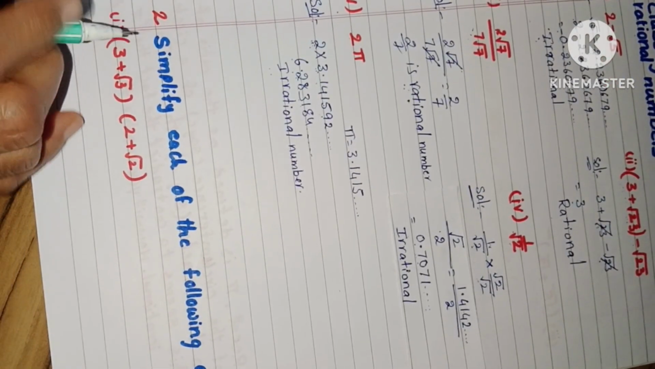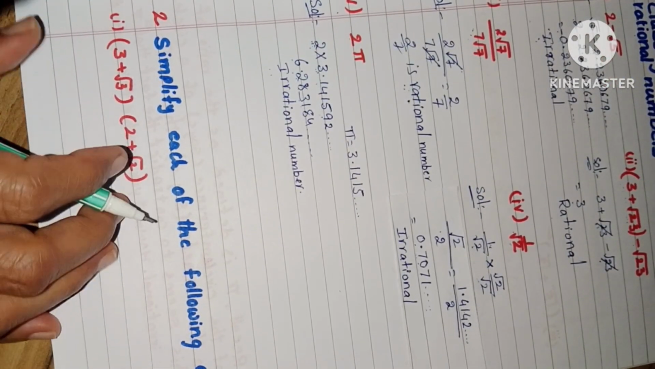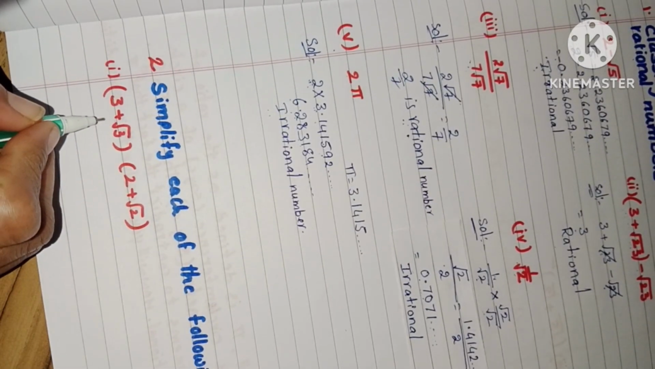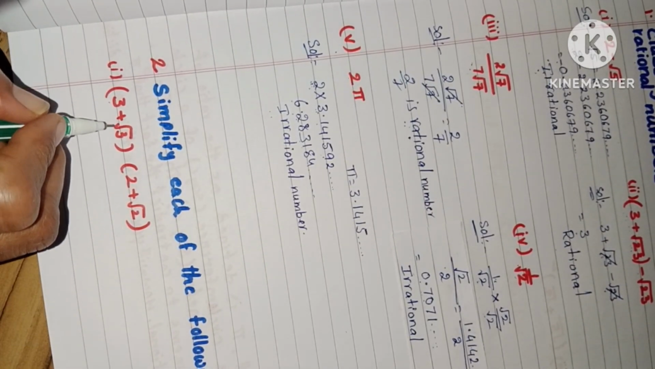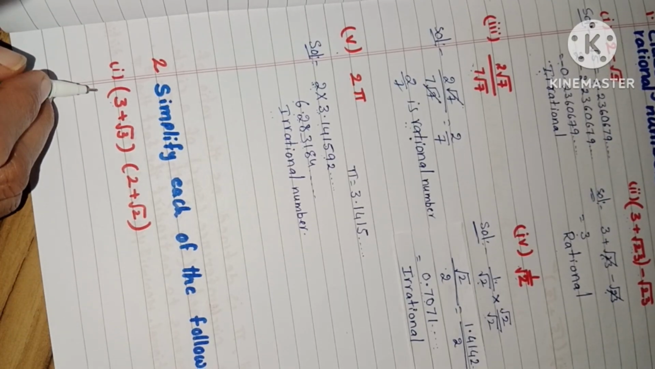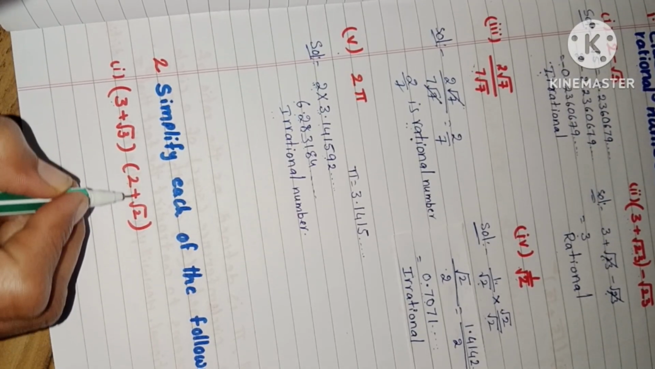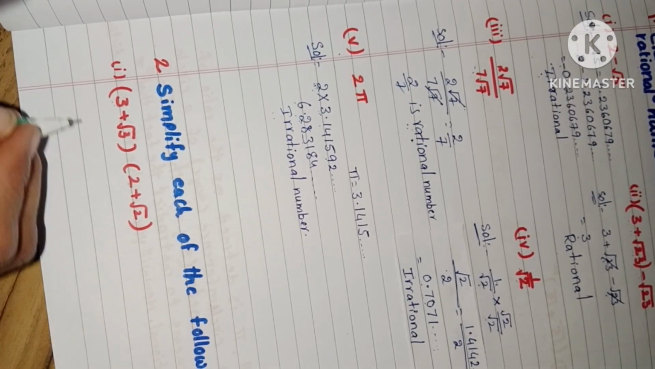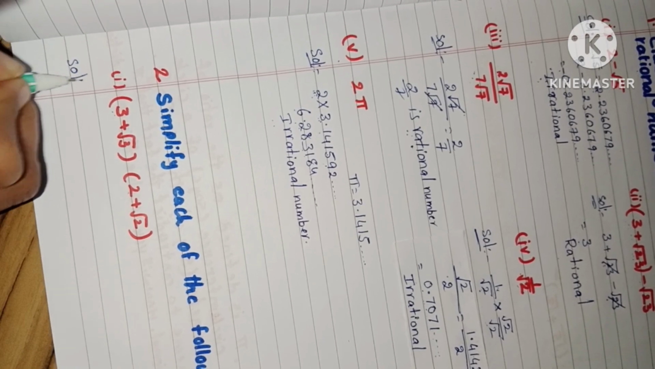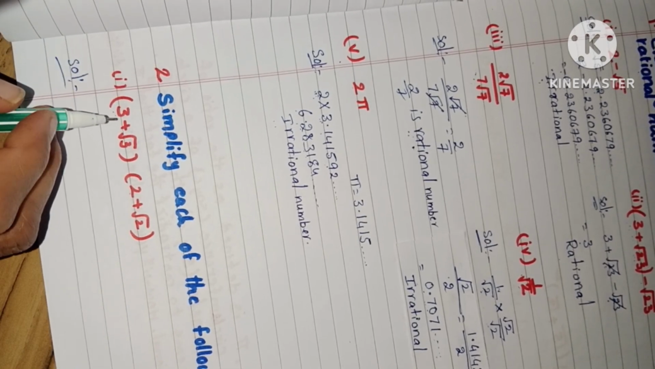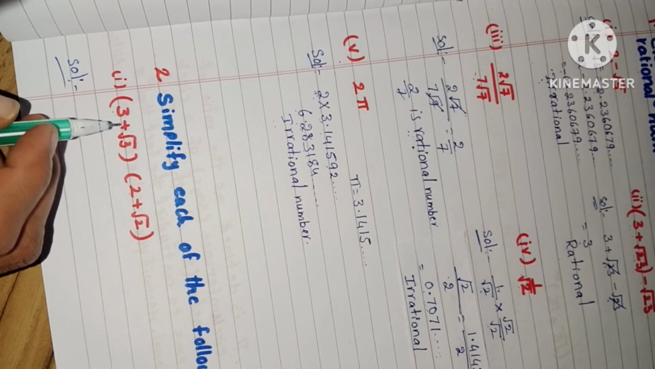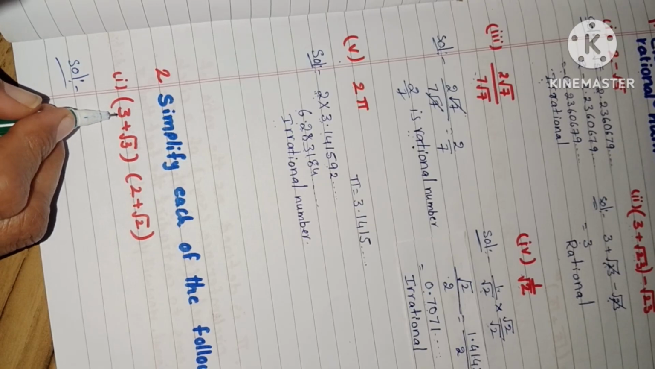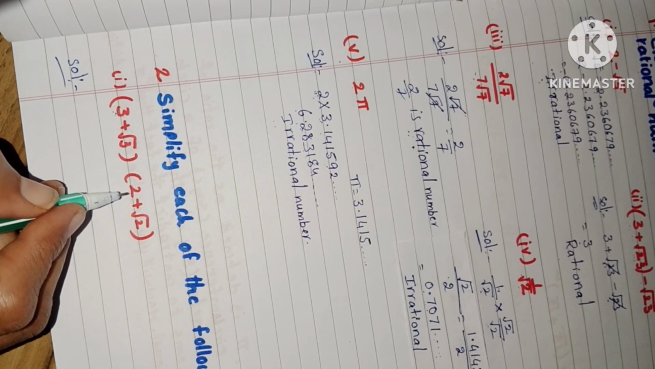Get the second question. Simplify each of the following. Then how do we simplify? This is the product of two irrational numbers, because sum of rational and irrational is irrational number, and 2 plus root 3 is also their sum also irrational number. Solution. So by using the laws of irrational numbers, this is in the form of a plus b into c